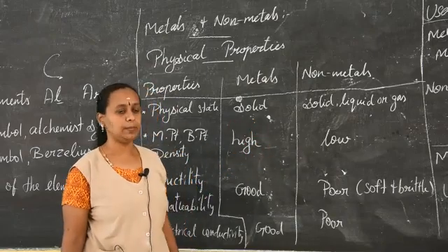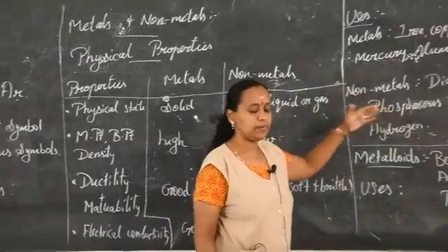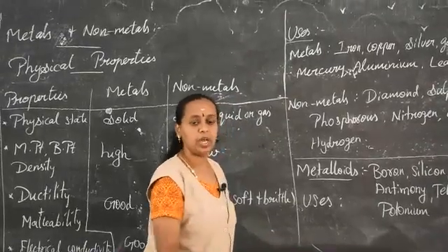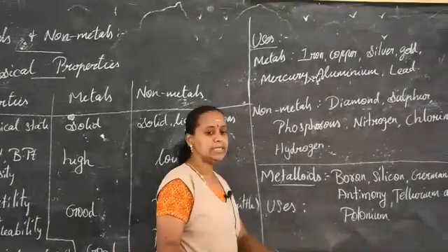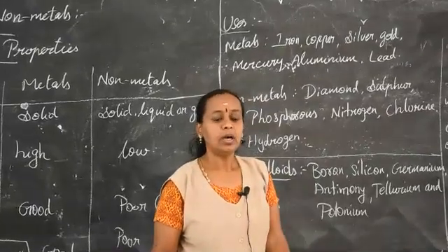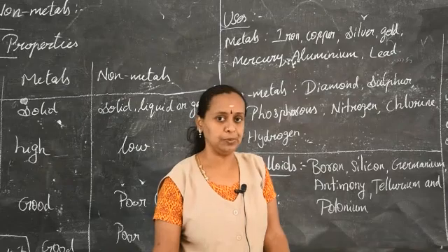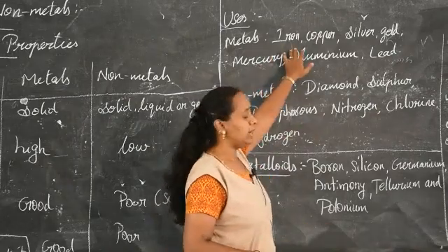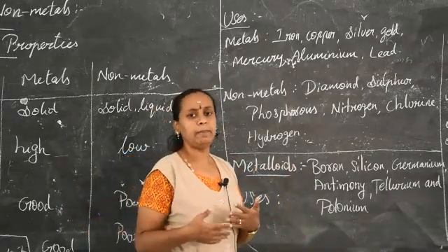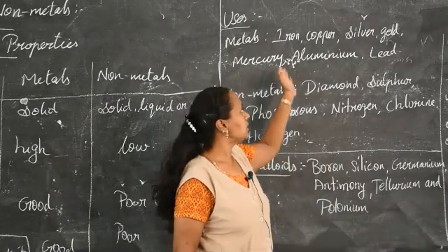Now we are going to see about the uses of metals and non-metals. We are using all these things every day in our day-to-day life, without our knowledge. For example, this table is made up of a metal. It is made up of iron. You can see it gets rust after some days if it is not used. So iron is a metal which is used to build big bridges, and so many things are made up of iron. As well as copper.